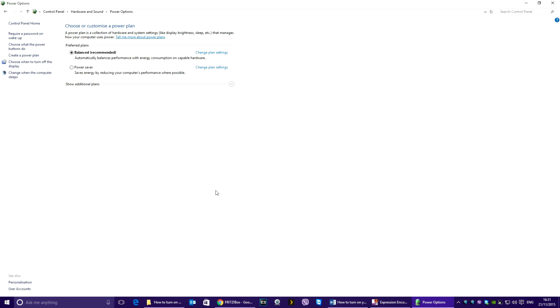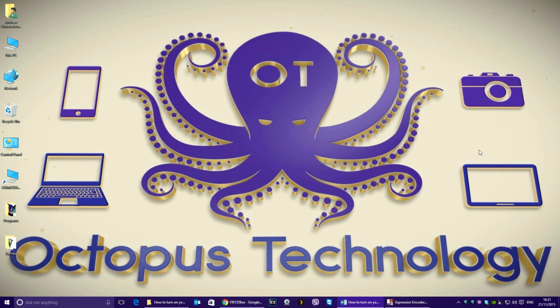The next step is to make your IP address static. The reason we need to do this is to keep your computer from changing its IP address automatically, which will render the feature unusable. You do this by going to the network icon at the bottom right of your desktop, right-click it, and click Open Network and Sharing Center.